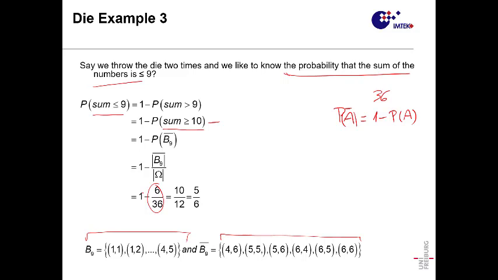That's clear, right? Is that something that makes sense? And then you get your probability. So that's another trick for you to play with. Sometimes it makes it easier. If you want to go for all the numbers that are less than or equal to 9, you're good to go. It's more time for you. The other way around is probably what an algorithm will do in the computer. Okay, good.